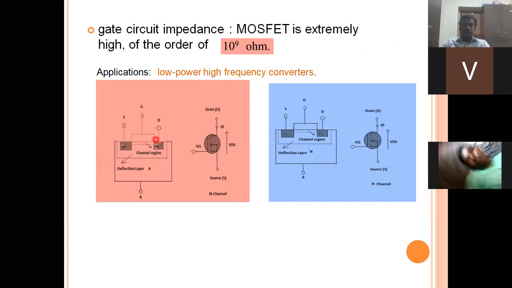Okay, so in general, which type of applications are these MOSFETs going to be considered for? Generally they are used for high switching applications. As the switching time is quite low, these MOSFETs are employed for very fast switching. But the major drawback with the MOSFETs is that the on-state conduction losses are very high.